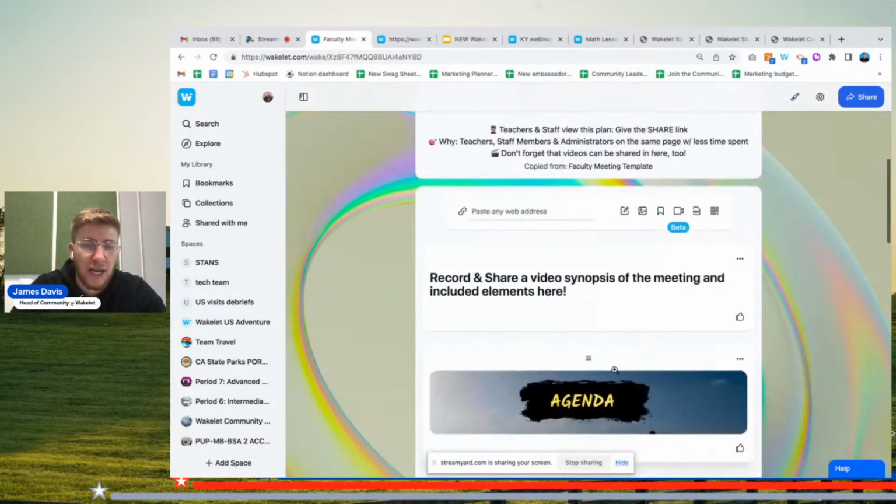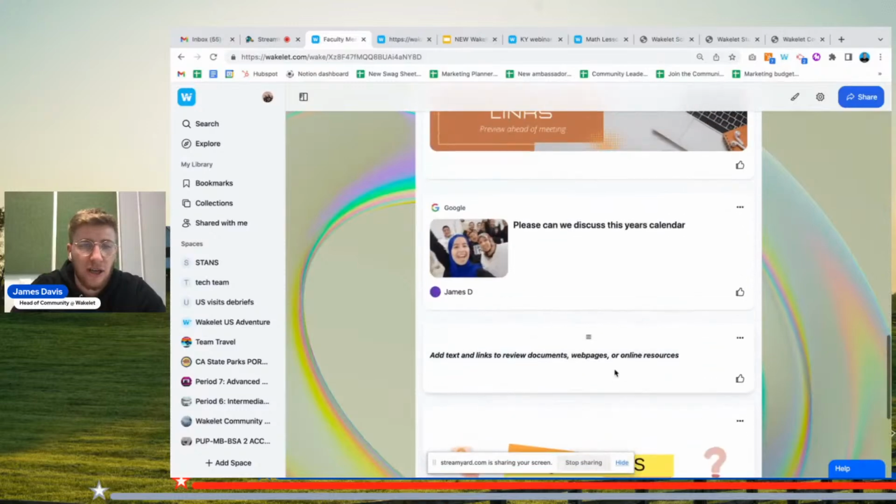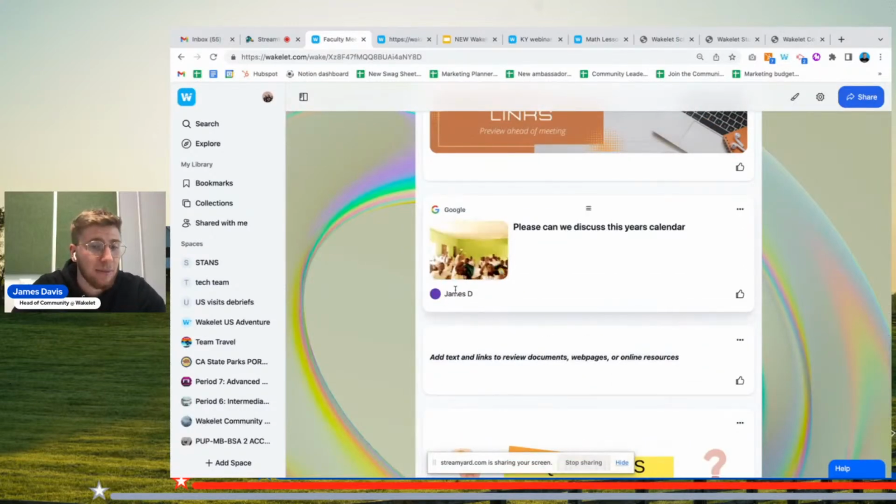And again, if I scroll down under each bit of content that someone else has added, you'll see their name. So you may see James, Randall, Ryan, John, whoever's added it, you will see it there. So it's a great way of being on the same page. Everyone can collaborate, and everyone collaborating can also see who's added what as well. So it's a very safe and secure way of collaborating with your team.